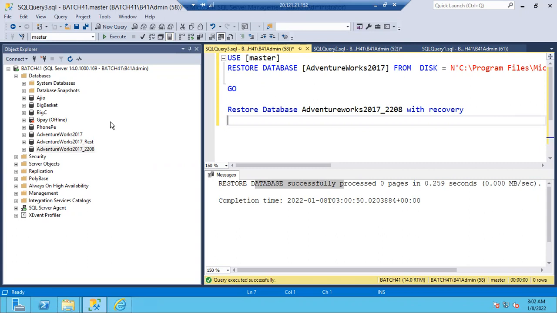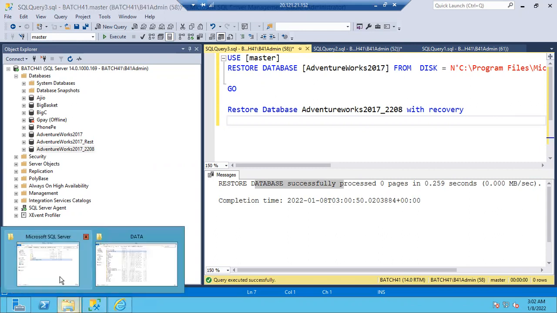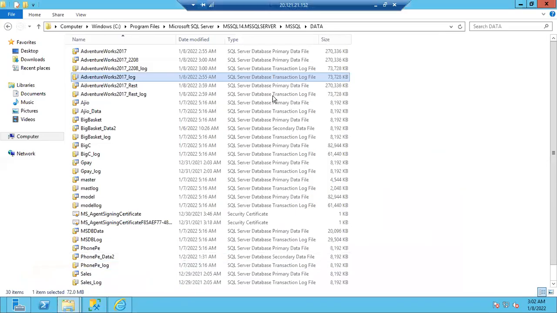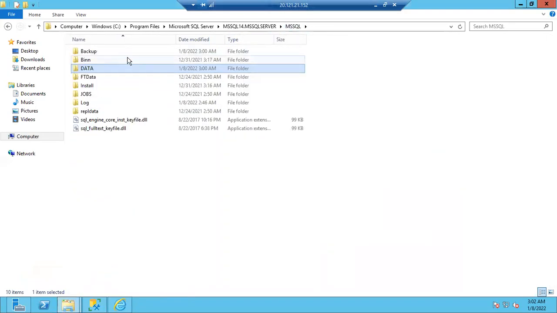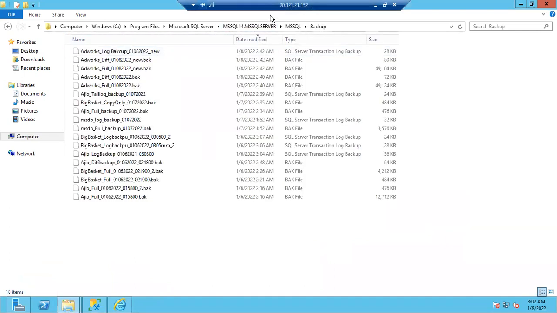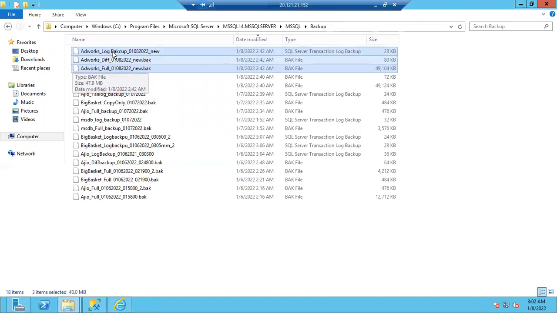But that non-prod server can't access this path. This is the path where backups are. Imagine this is a prod server, server number 152, and the non-prod server number is 153. So you are trying to restore a database from 152 to 153, and that means the non-prod server cannot access 152 server backups. I have to copy the backup file specifically to the 153 server first. That is one thing I have to do first, then I start restoring, guys. That is the only difference.